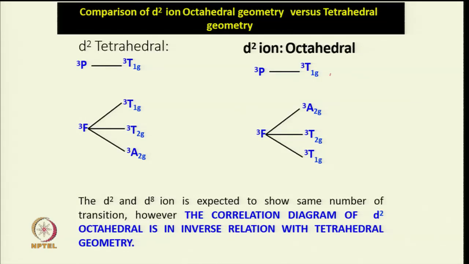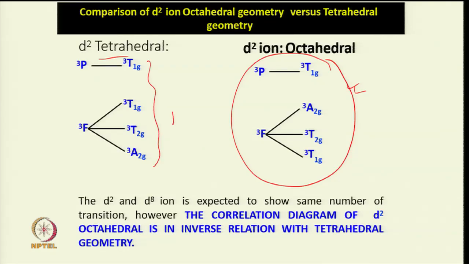Now, again if you take D2, this was the case in D2 tetrahedral, this is D2 in octahedral. D2 in tetrahedral will be similar to D8. So, D2 and D8 are expected to show the same number of transitions, but the correlation diagram of D2 octahedral is in inverse relationship with the tetrahedral geometry, and that is a bit expected, because if you remember, this is the way